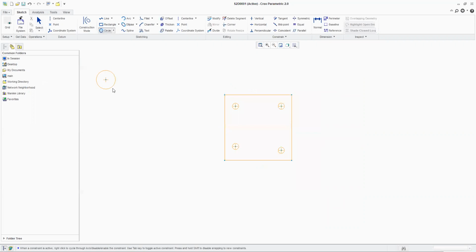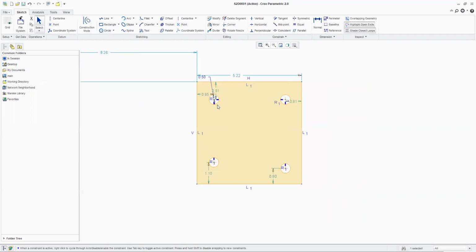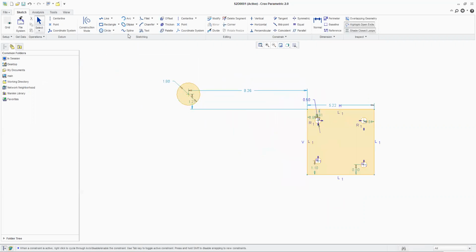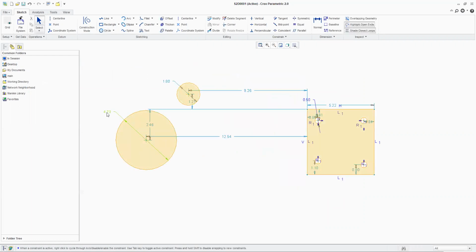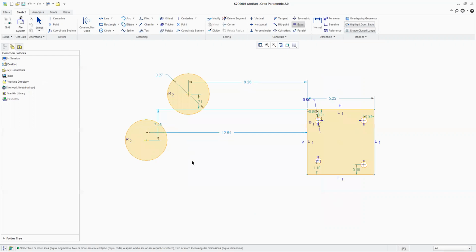Presently what I can tell you is, this guy is of 1.80, and I have this guy which is of 4.73. Presently I am saying equal this guy and this guy. So now you will notice that it actually averages out.